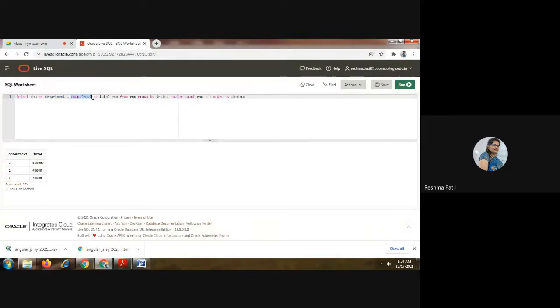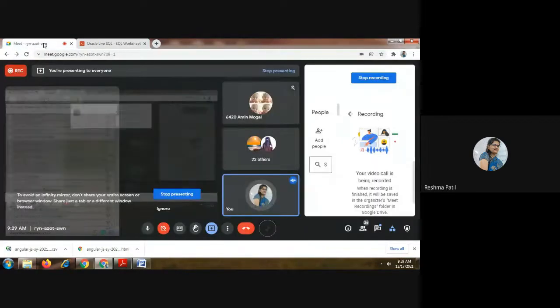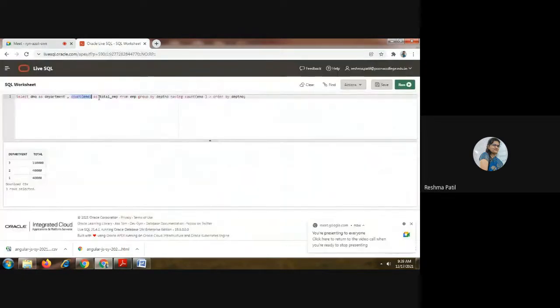We have to count employee number, the employees, as total employee. So for this particular department, how many employees are there? That count you will get here as total employee, from employee table, group by department number. So only one will be displayed, then two, then three, like this only.